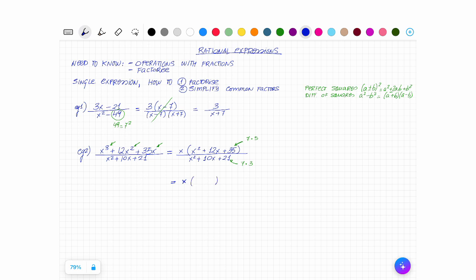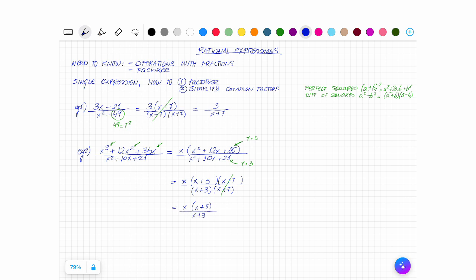I carry the x, and then two brackets, x and x, plus 5, plus 7, and the same thing in the denominator, plus 3, plus 7, and we've got again a common factor here. So whatever I'm left with, I'm going to put it here,